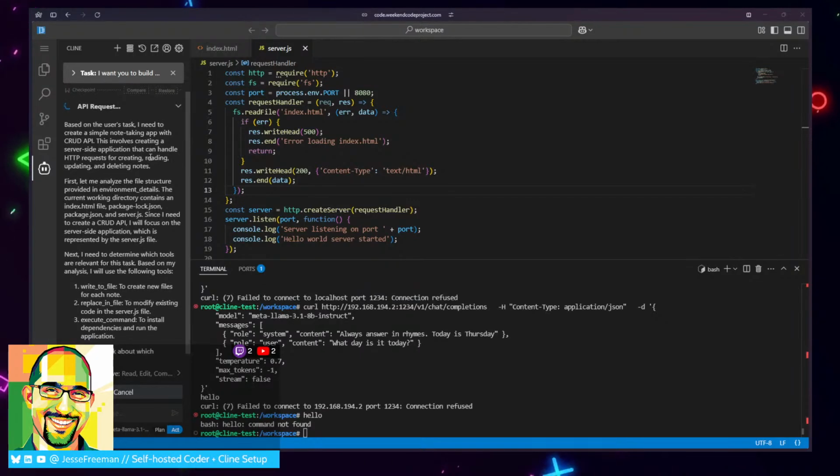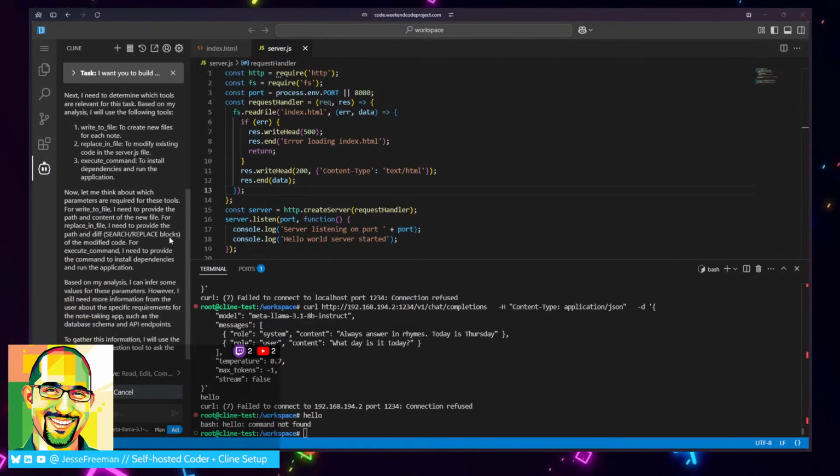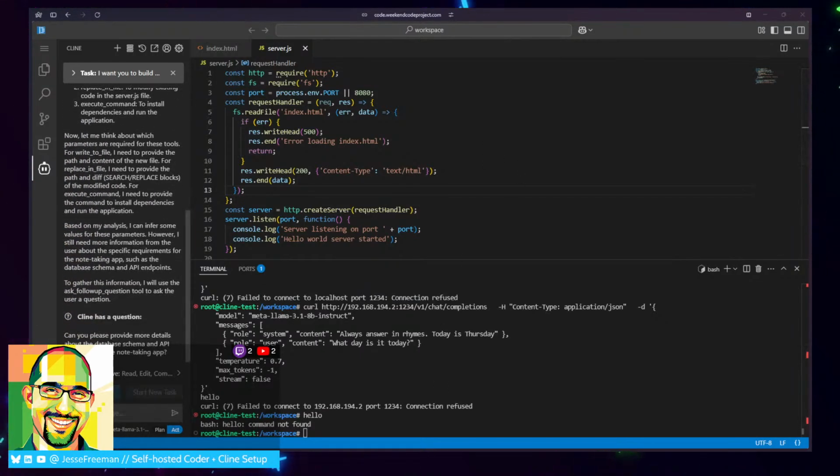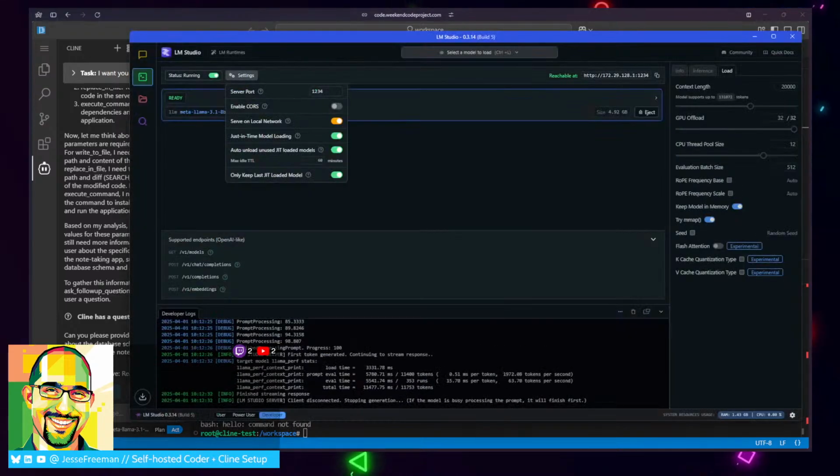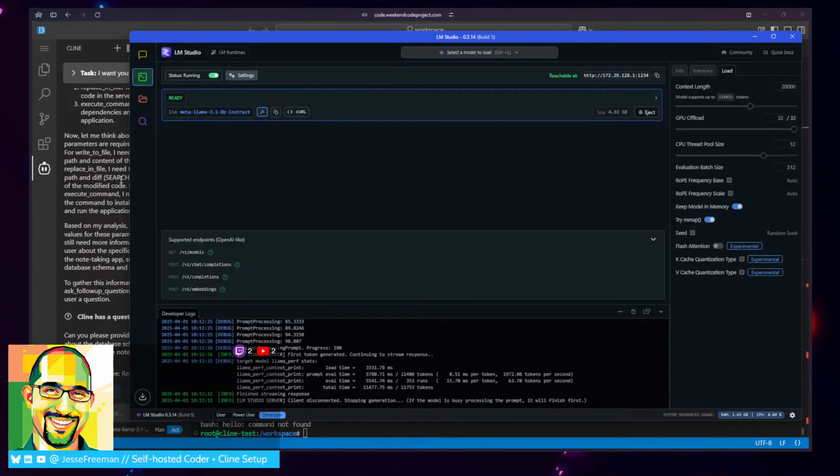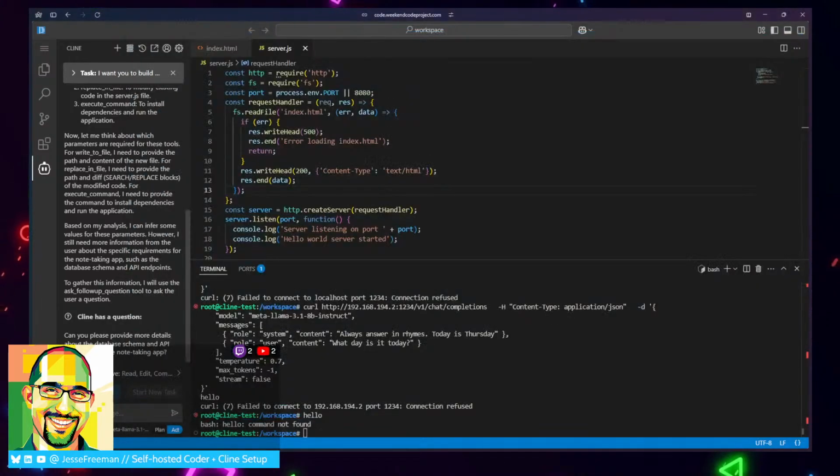Yep, here we go. I figured it out. That was the key right there: I just needed to go into the settings and enable "serve on local network," and that fixed the problem. So let's close this out, and now let me think through